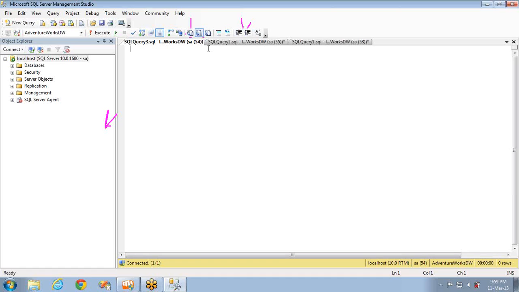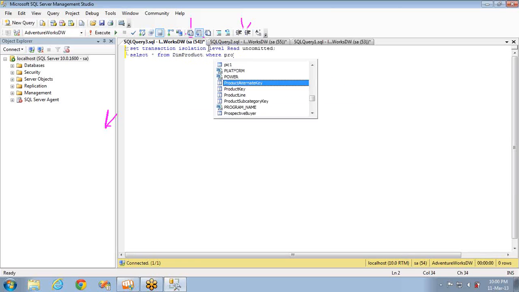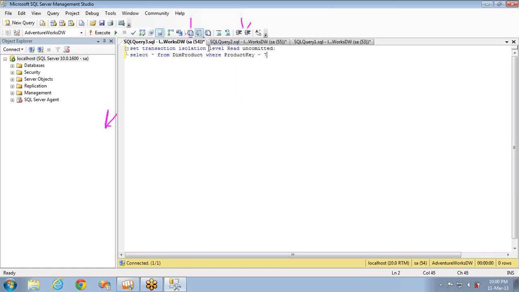So first, I set transaction isolation level read uncommitted, and I'm taking select star from DimProduct where ProductKey is equal to 7.